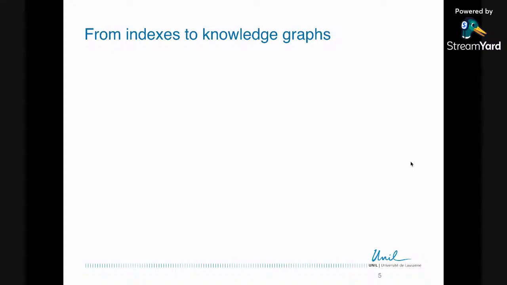Because if you think about the difference between an index and a graph, they are two very different objects. So the index is basically a silo, so it's one for each publication, allows you to navigate within the publication, but doesn't communicate with the world, with the knowledge surrounding the publication. Whereas the graph, by definition, is connecting things.